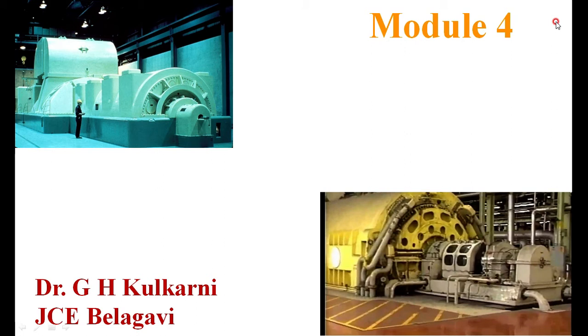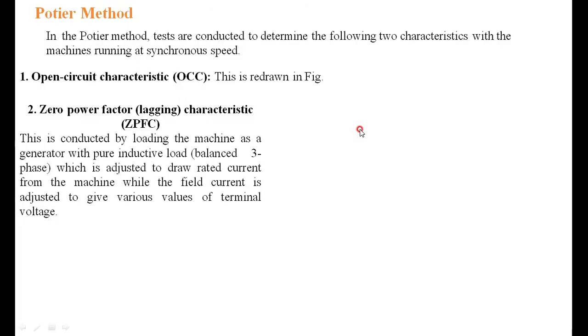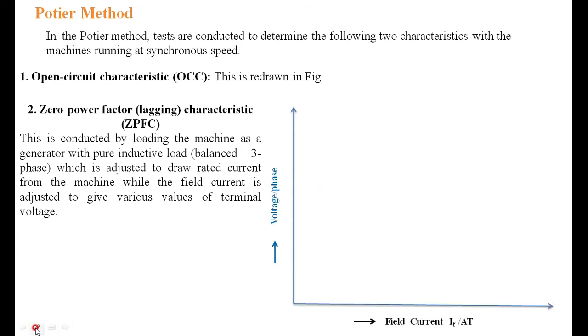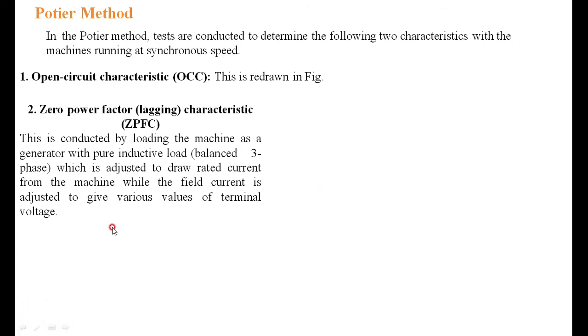ZPF method of finding the voltage regulation of alternator. We know that in the case of alternator, the terminal voltage V, what we are getting from E, is changing because